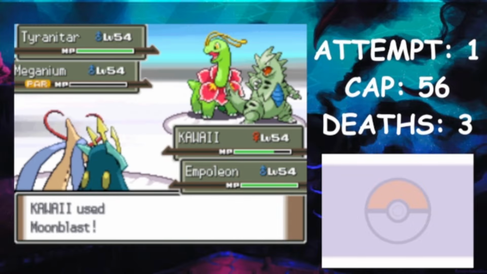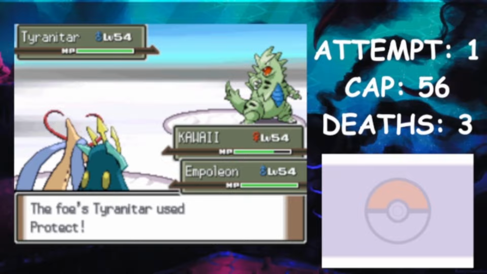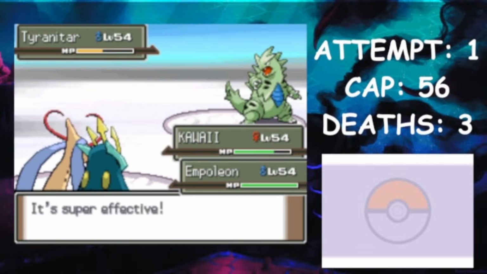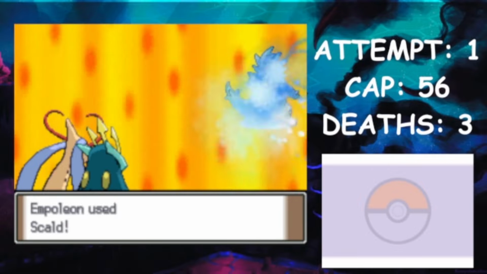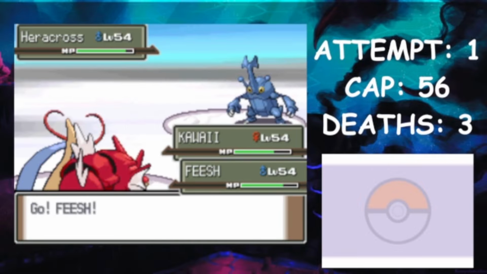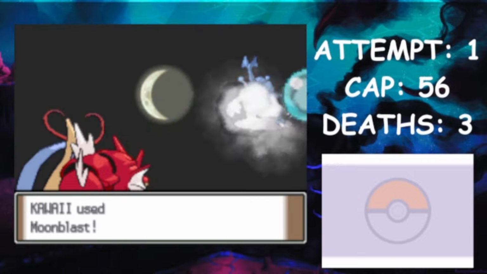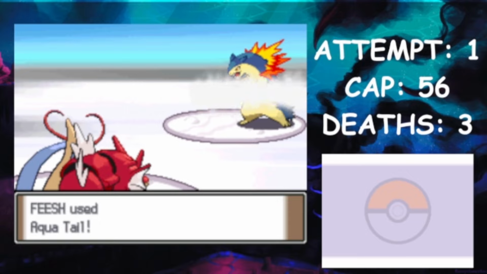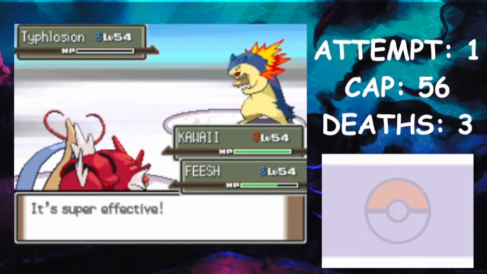Now with Meganium down as well, this makes this fight a 2 versus 1, so I can double up at every single turn, and with that I can take down most of his Pokemon. So Tyranitar there goes down to a Moonblast and Scald. We've then got Heracross. I'm switching straight away back over into Gyarados, but Moonblast is going to take this down with a one-shot anyway. Then lastly we've now got Typhlosion, and Typhlosion also goes down to a one-shot from Aqua Tail,